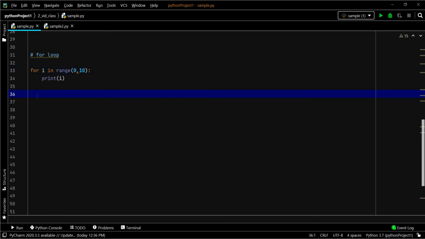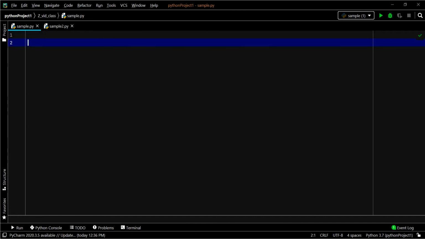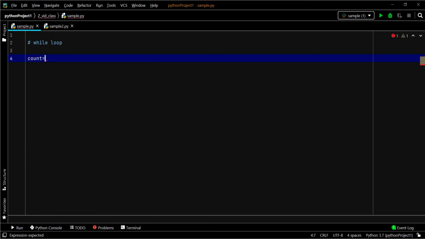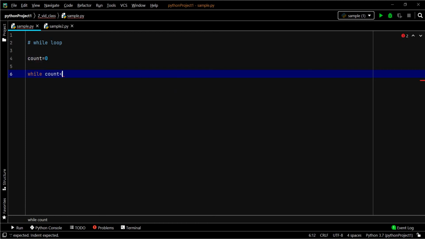It iterates through some sequence. Let's move on to the while loop. Let me comment everything and let me delete it. Assume you want to run some block of statements as long as the condition is true. In that scenario, the while loop can be used. Here is an example for a while loop. count equals 0, while count less than 5.